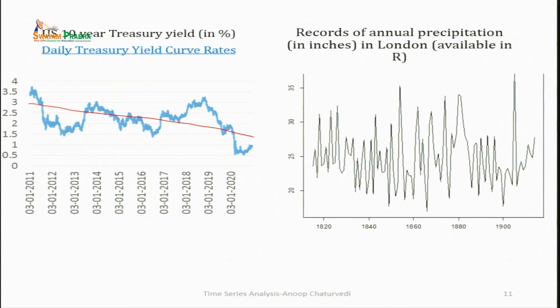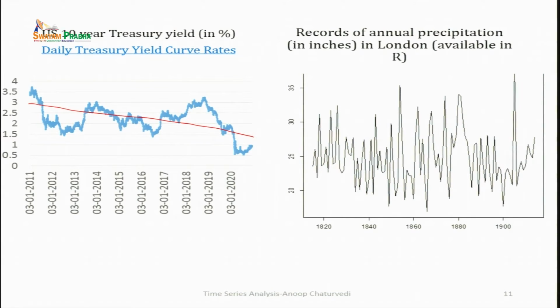Then this is annual data, and around the trend you observe some kind of periodicity also. The period of these oscillations is more than 1 year. So, this periodicity is not caused by seasonal factors, this is caused by